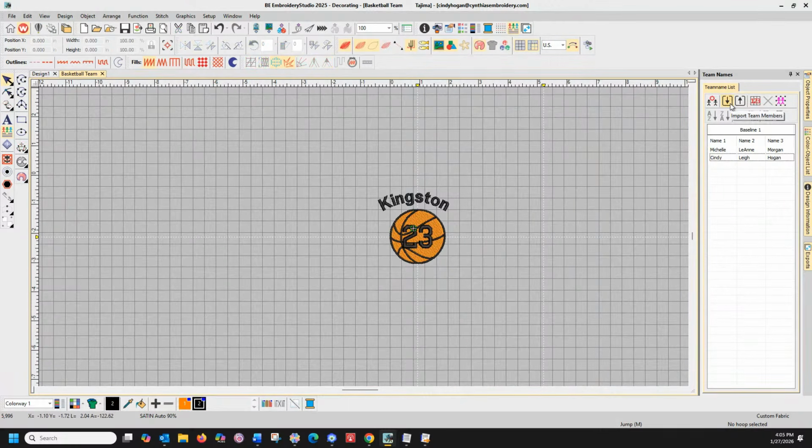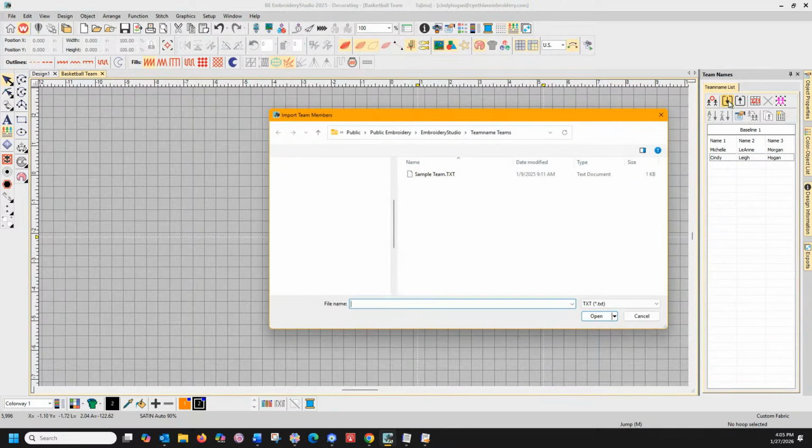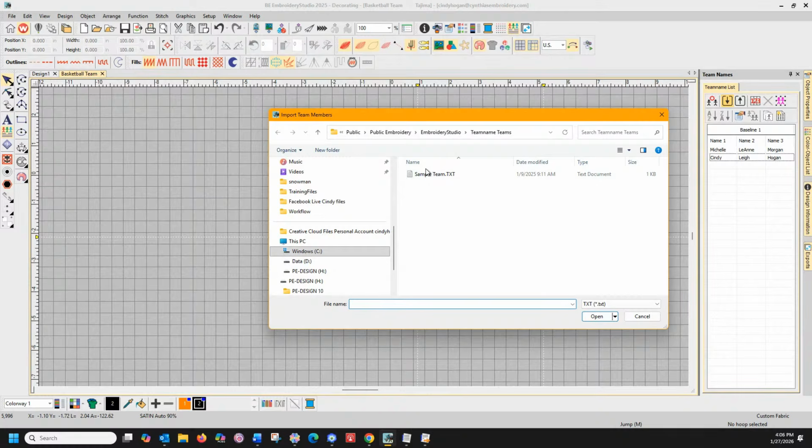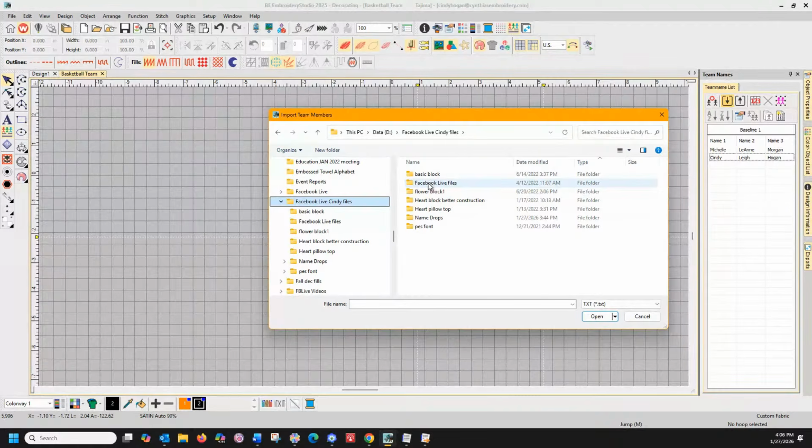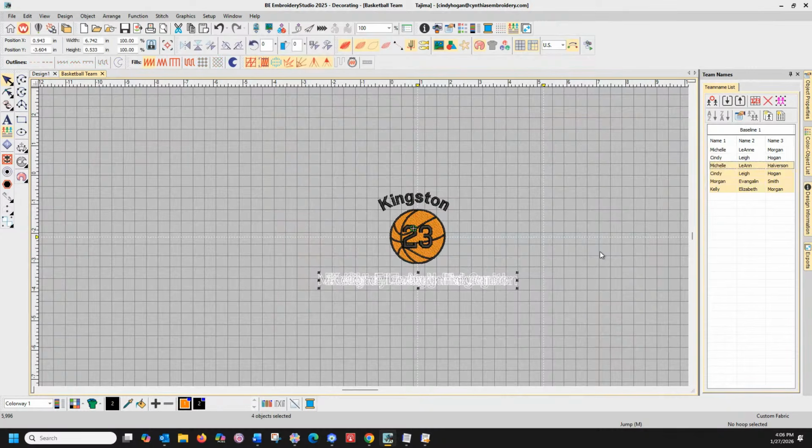Or I can import the team members' names. If I come in here, they have a sample team name, but let's find my team name so that we are doing apples and apples. CSV. There's my name drop list. So you can do a text list or a CSV list. So there's my name drops, okay? And if I grab them all,